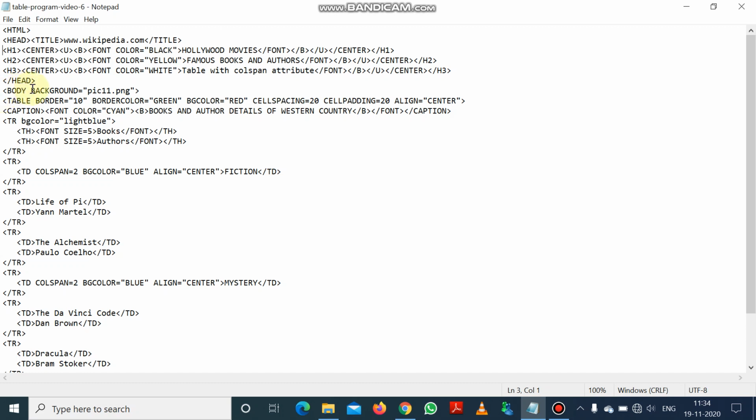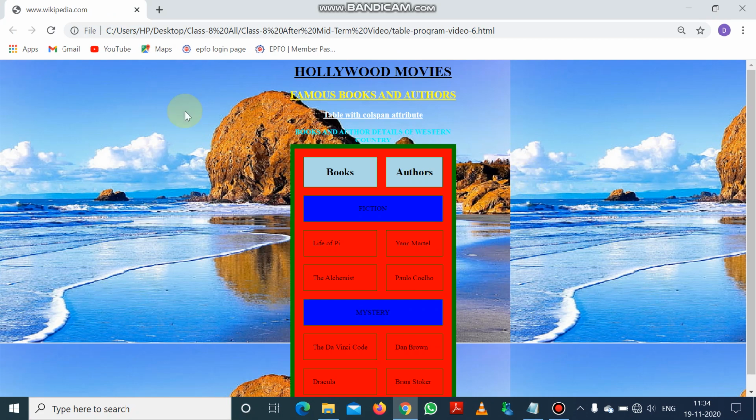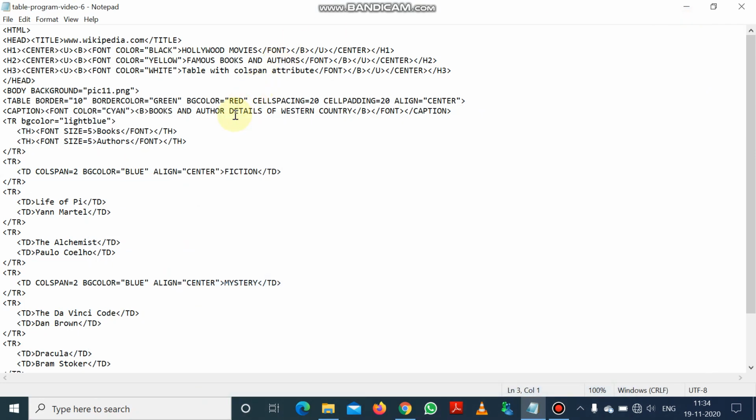We give the body tag, then we give background equal to pic11.png. So this picture we have added, and you have already seen that this is the background picture of the web page, pic11.png. And after that we have started the table tag. Inside the table tag we have given border.